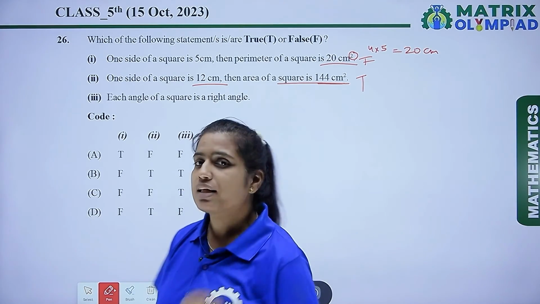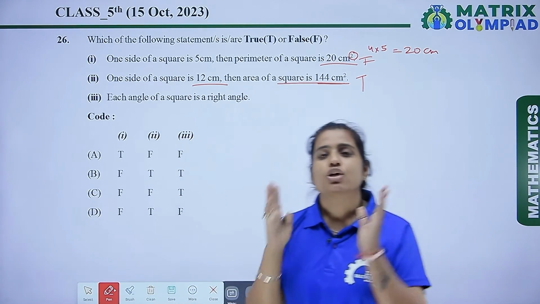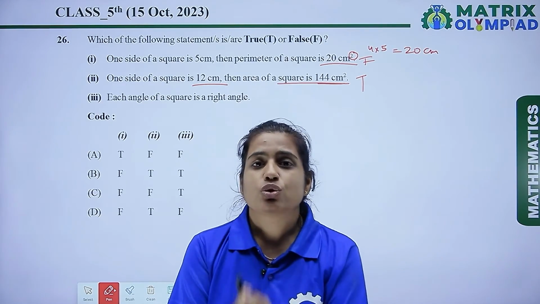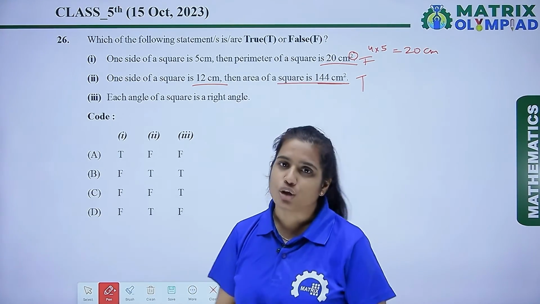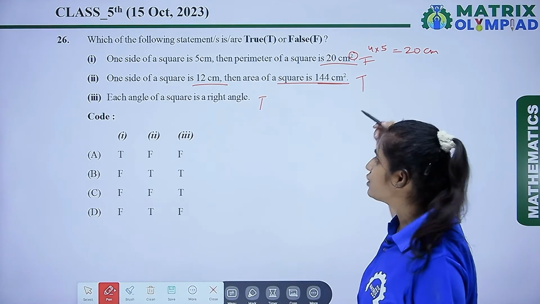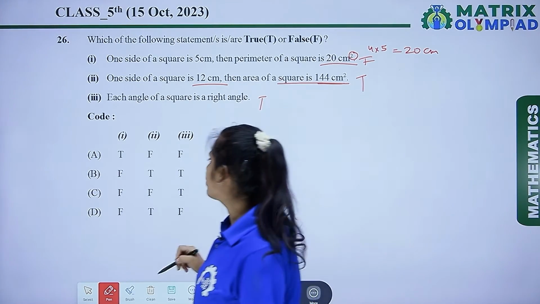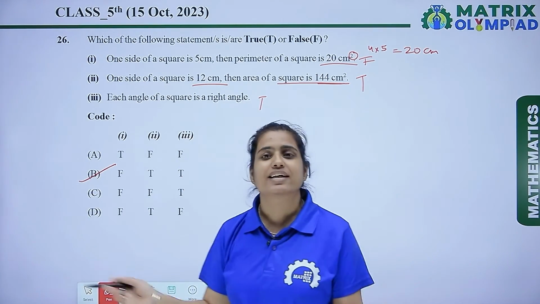थर्ड स्टेटमेंट की बात करते हैं। थर्ड स्टेटमेंट कहती है कि ईच एंगल ऑफ अ स्क्वायर इज अ राइट एंगल। तो एक स्क्वायर के अंदर जो एंगल्स होते हैं वो 90 डिग्री के होते हैं। तो दिस स्टेटमेंट इज ऑल्सो करेक्ट। सो हियर द सीक्वेंस विल बी फॉल्स ट्रू ट्रू। तो ऑप्शन कौन सा हो जाएगा हमारा सही? ऑप्शन बी इज द करेक्ट आंसर।